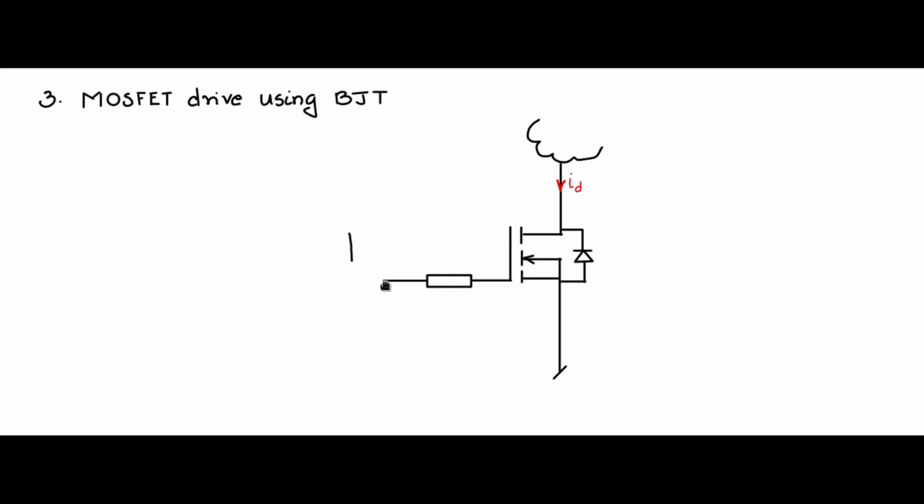Now the source for this gate is coming from the BJT drive circuit, and you can adjust the sourcing and the sinking capability to whatever value of Ig plus you would like to give to the gate drive of the MOSFET. So therefore, with BJT drive circuits, stage by stage you can enhance the Ig plus value to get faster and faster turn on and turn off speeds.